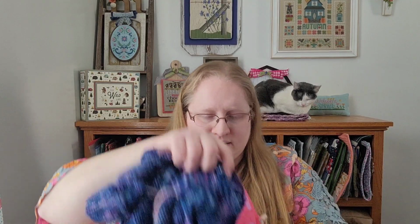Okay, so that is all of my cross-stitch WIPs. So let's move into some knitting. The only thing I've been knitting on is my Harvest Cardigan by Tin Can Knits. It's a free pattern, and I'm using a worsted weight yarn from the yarn dyer Bad Sheep Yarns in the